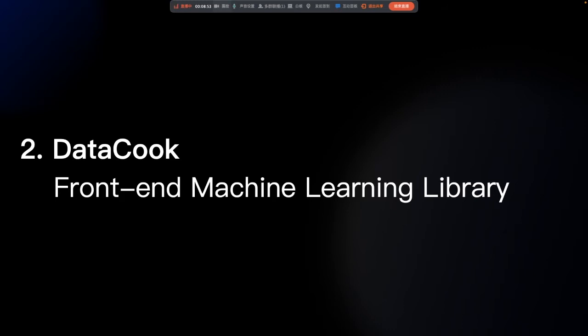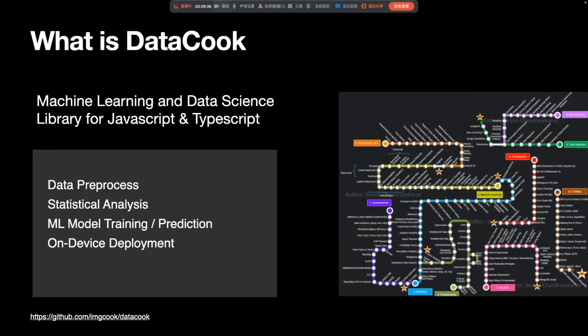Based on these considerations, we came up with the idea of building a standard library for front-end machine learning, and Datacook actually is one of the products of this idea. Well, what is Datacook? As a machine learning and data science library for JavaScript and TypeScript, we hope that it will provide the basic tools that users may use in data processing and analysis, as well as model training or